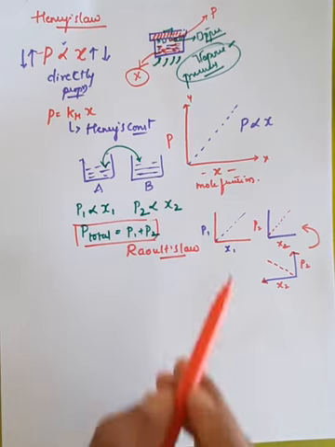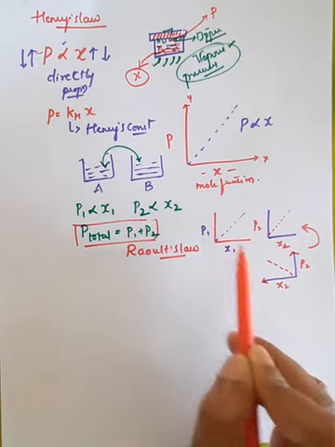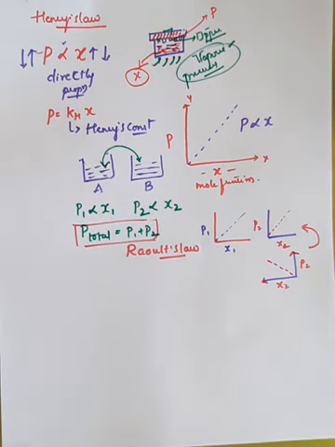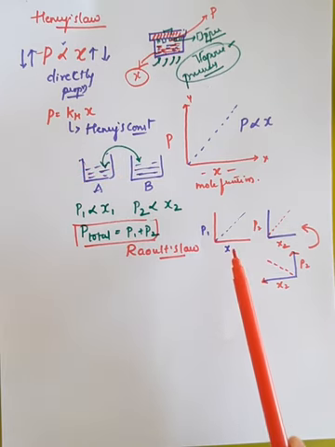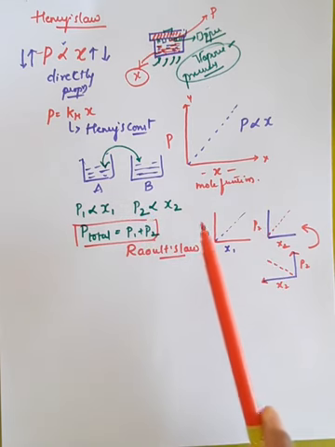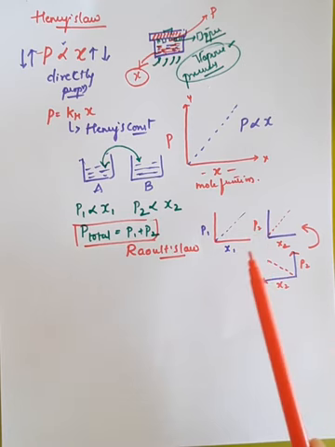So therefore, whenever you combine the first graph as well as this second mirror image graph, then you will get the combined graph for the Raoult's law. It is very simple, don't get confused. So here there are two components. For the first component, I have drawn the normal graph. For the second component, I have drawn the normal graph, and to combine both graphs, I have drawn the mirror image of the second graph.